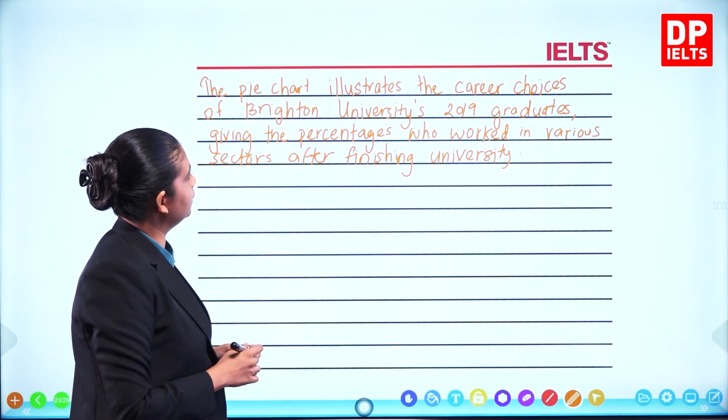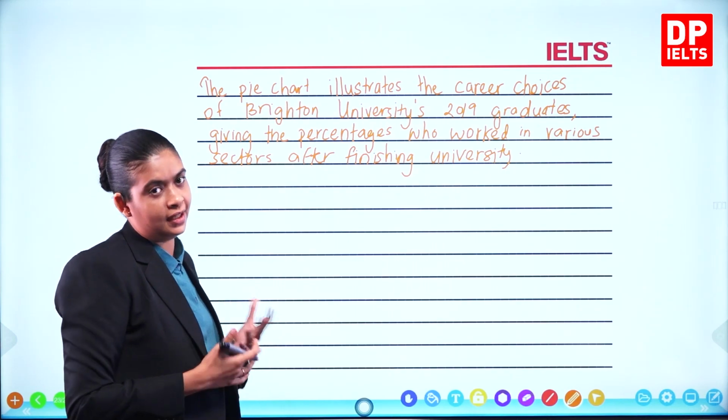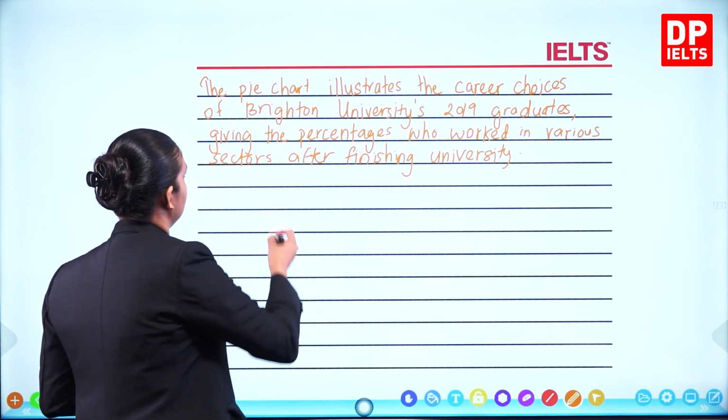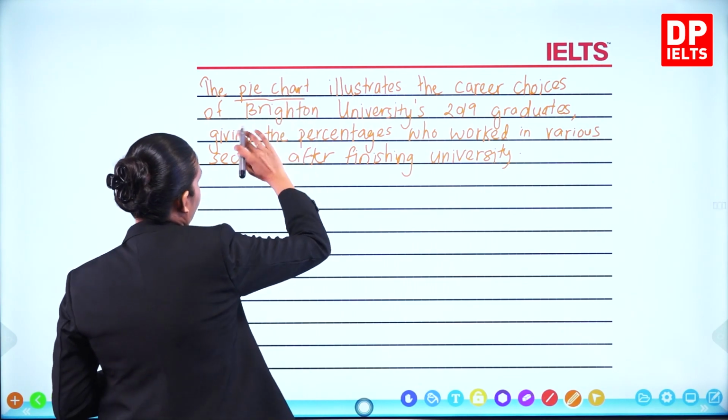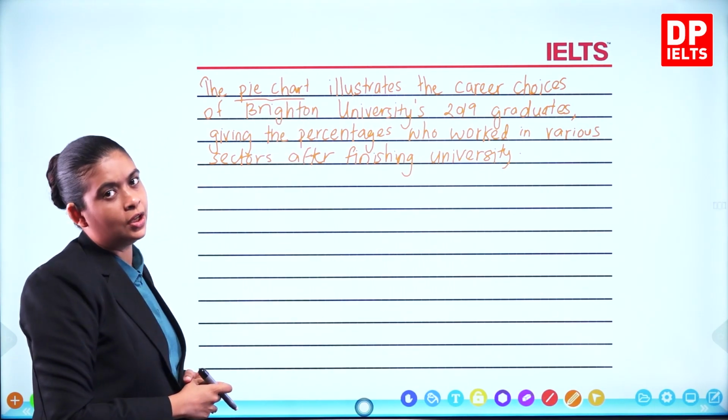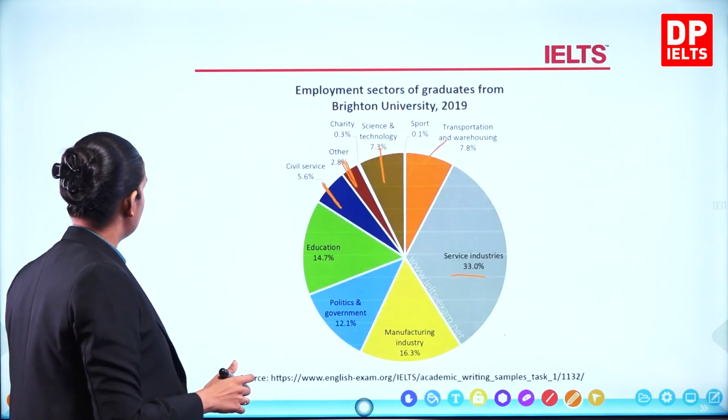So here I've written what the pie chart really illustrates. I've written the type and then I have paraphrased the question, okay? So you can say,